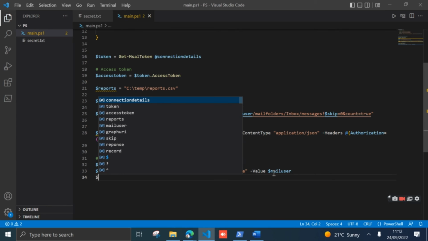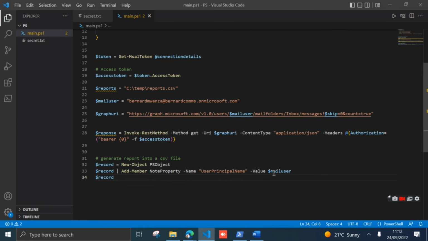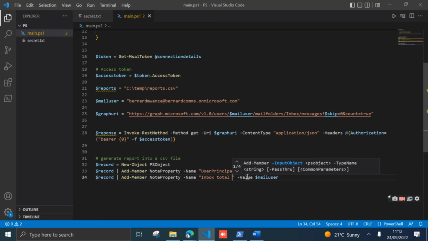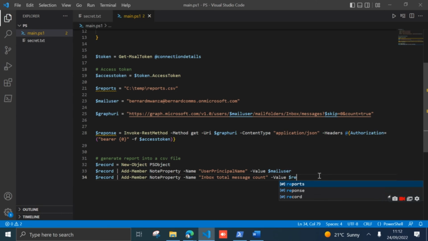Next is now the total count of our email. So it's the same thing, so I can just copy paste this instead of retyping it again. So paste and then do a few edits. So here I need to write inbox total message count, like that. And what I'm going to pass in there is response